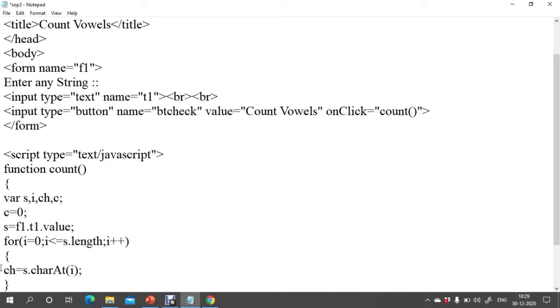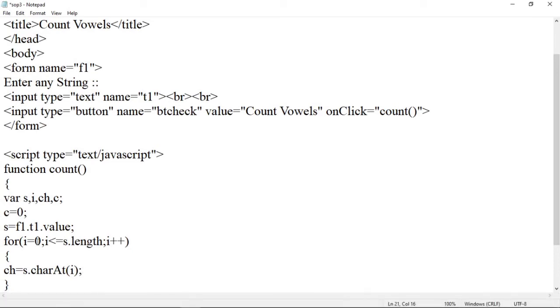Okay, so for i is equal to 0, s dot charAt in bracket i is nothing but a 0. So s dot charAt 0. So for string a b c d, first character is a. So for i is equal to 0, charAt 0, the character is a, so ch will contain value a.